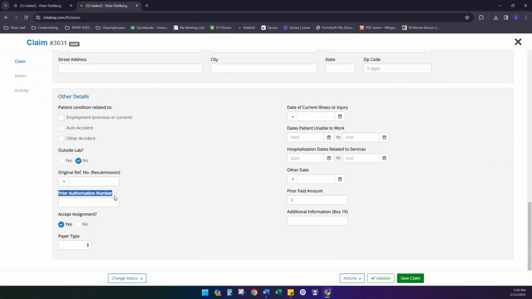Prior authorization number, that's pretty self-explanatory. You want to put your prior authorization number in there if you have one. Of course, you're going to be accepting assignment. The only other information that I've utilized in this claim section is the additional information box, and that's if